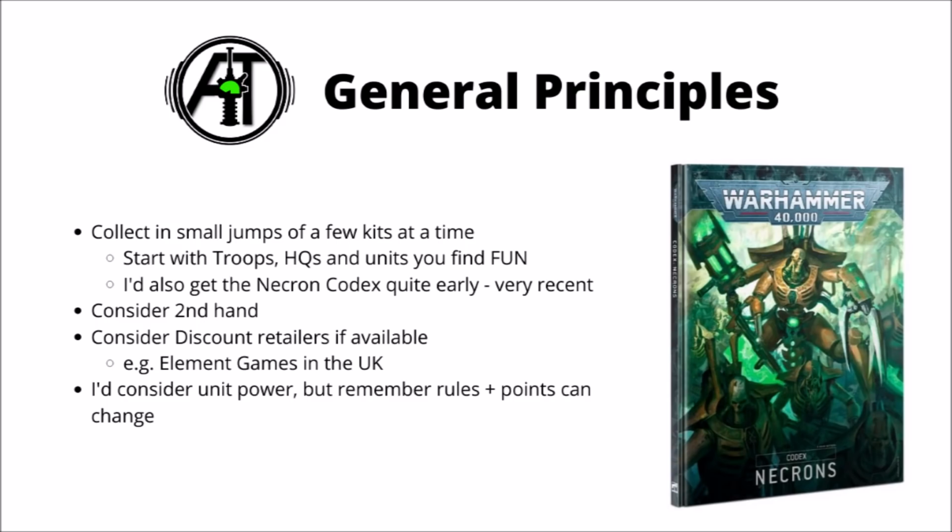If you've got discount retailers in your area as well, I'd personally strongly consider using them over Games Workshop, just because you get the exact same models at a very slightly discounted rate, such as the excellent Element Games in the UK, who typically have 10 to 20% off